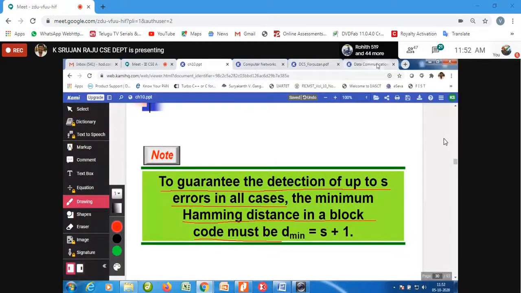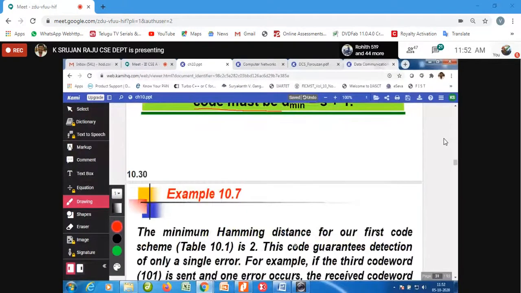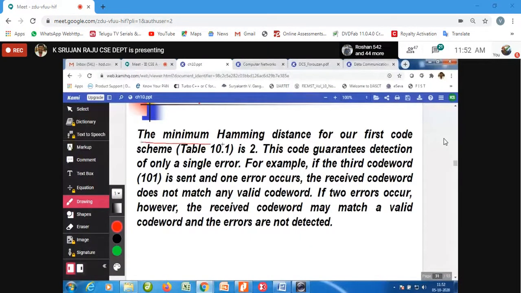The minimum Hamming distance for our first code scheme, table 10.1, is 2, as we discussed previously. So this code guarantees detection of only a single error, because d min is equal to s plus 1.